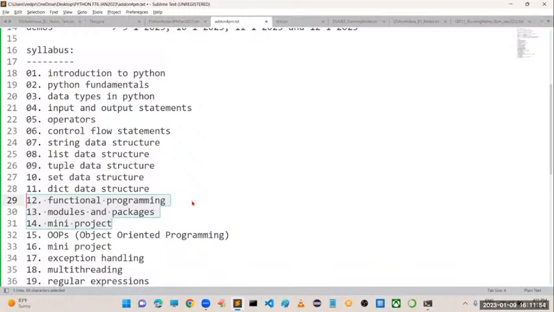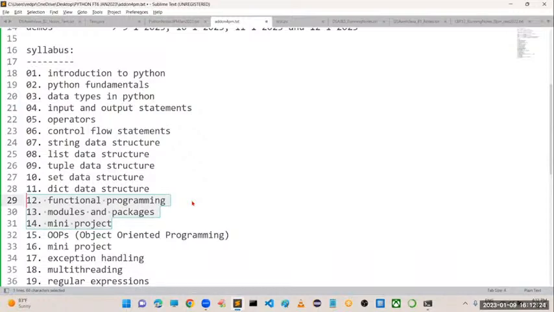Suppose I want to calculate factorial repeatedly in my project. If you write a program every time, it is a very difficult task. Instead, create a module or a package, place that factorial function in that module or package, and whenever you require it, just create a link and access it. This kind of facility is very, very important, right? That is called functional programming.